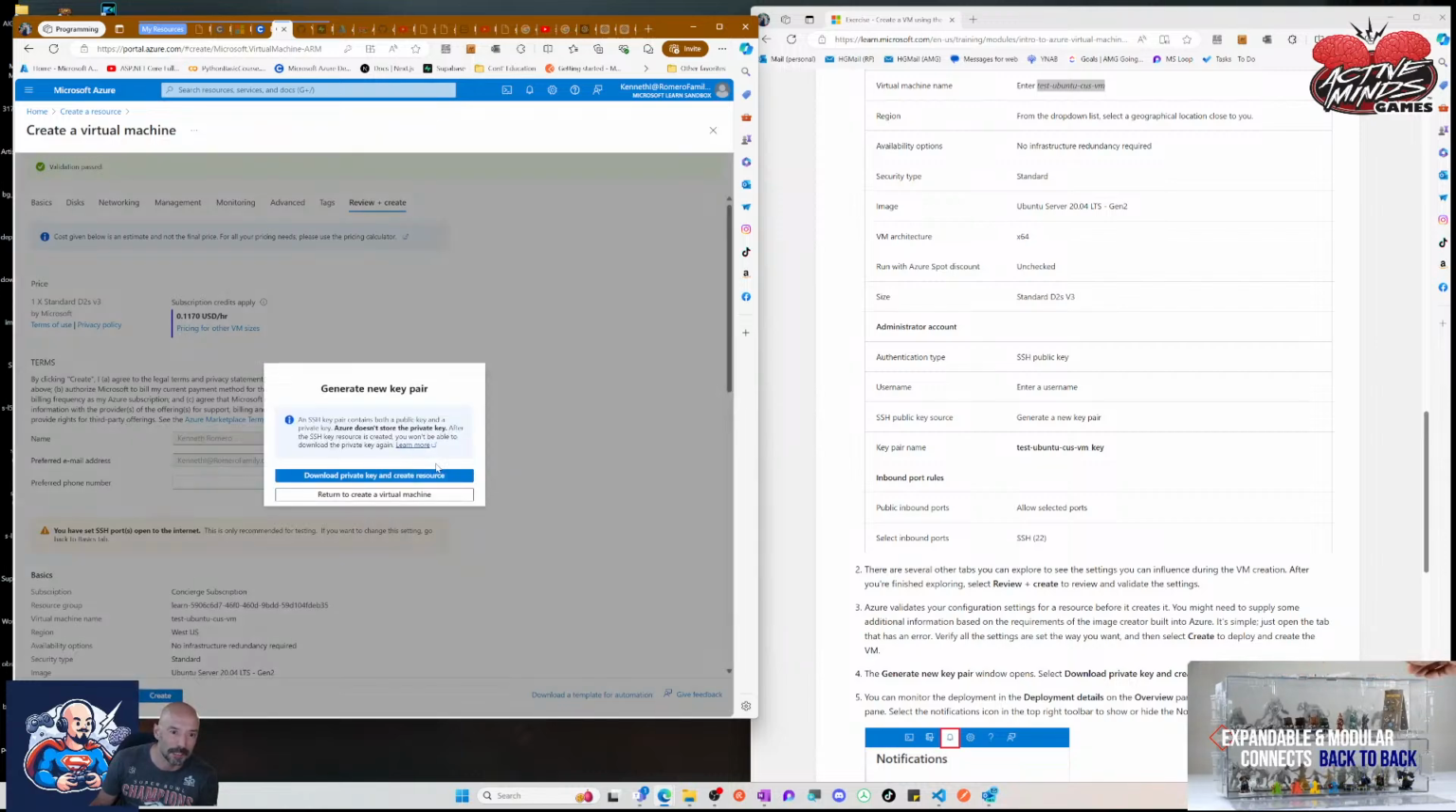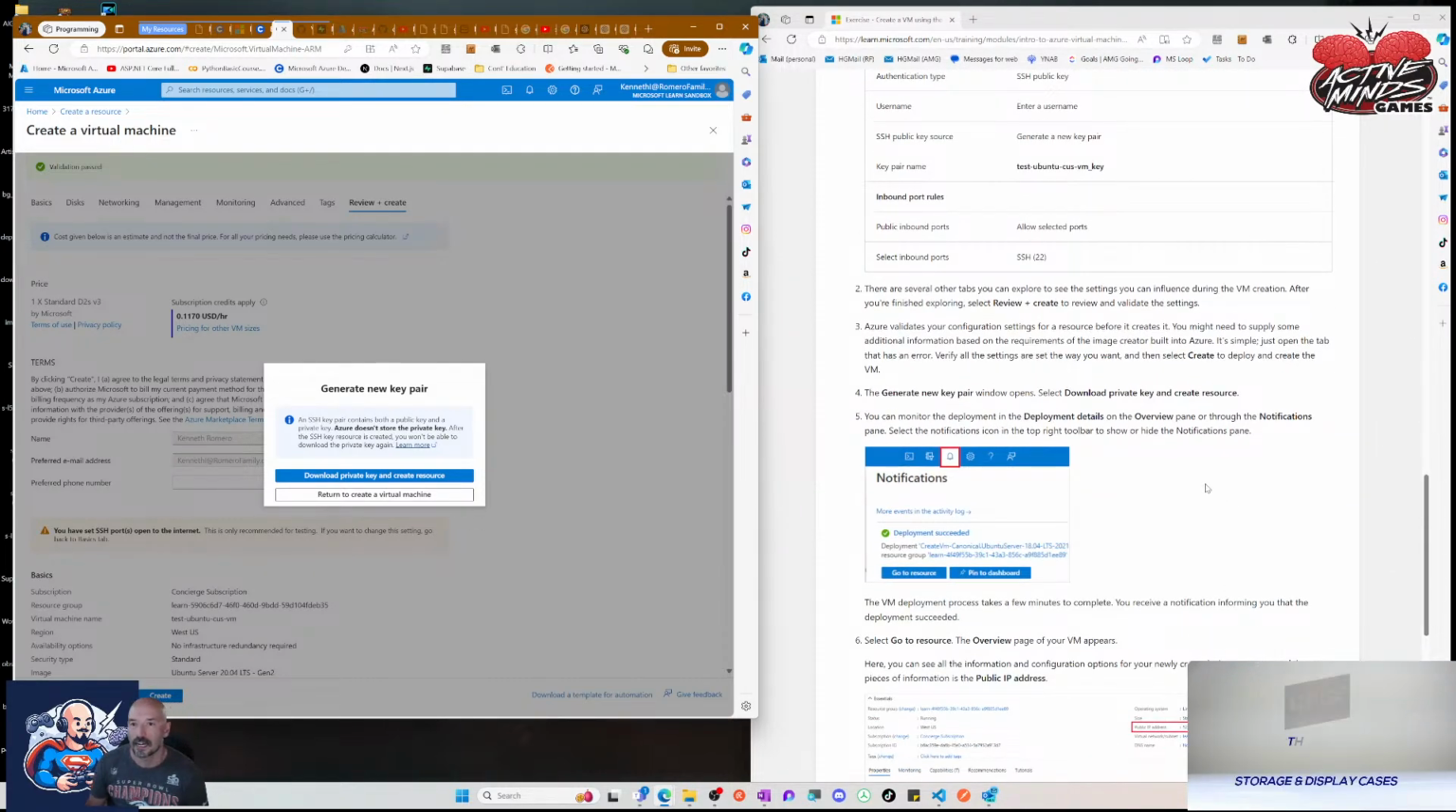So let's close this puppy off. Download private key and create resources. Generate new key pair. Return to key. Okay, so let's see what this says. Azure